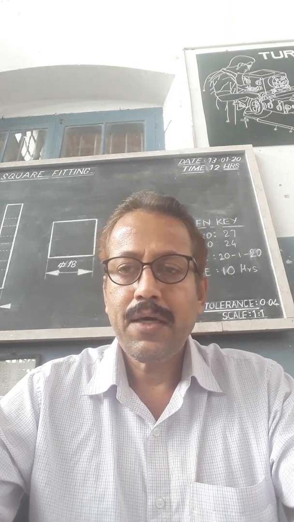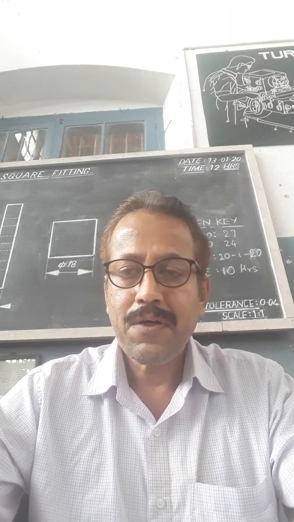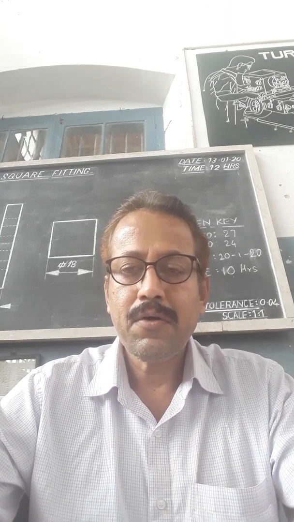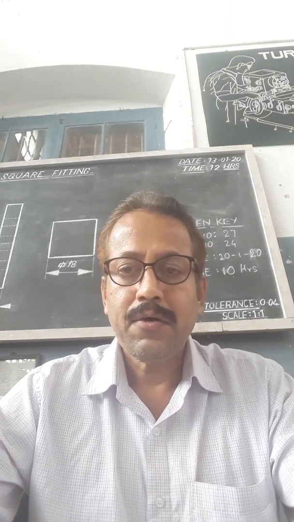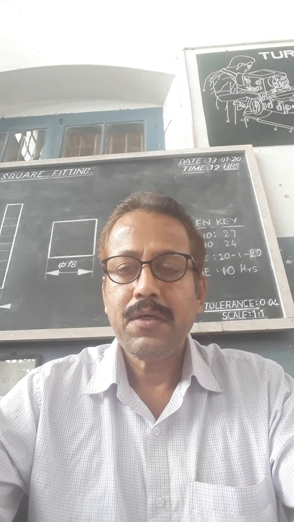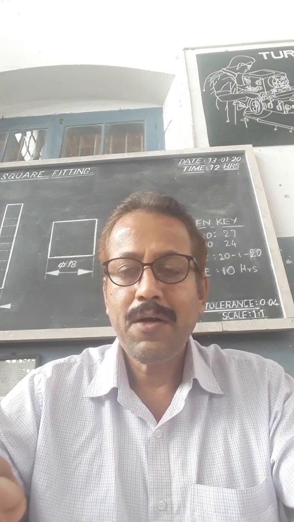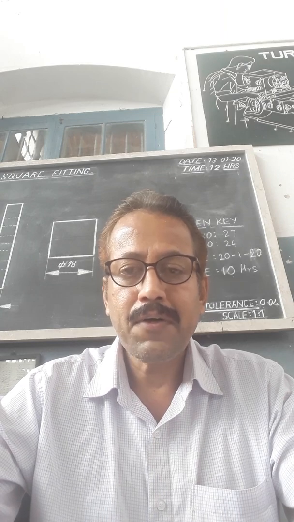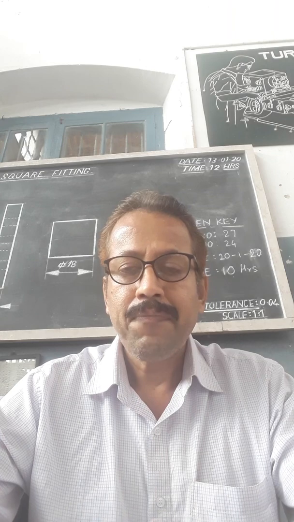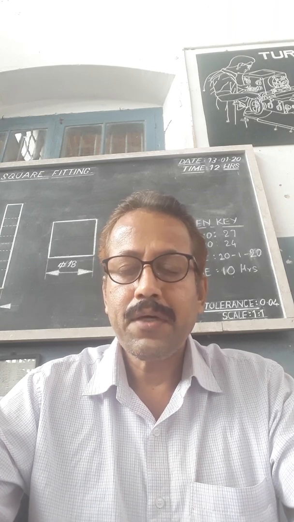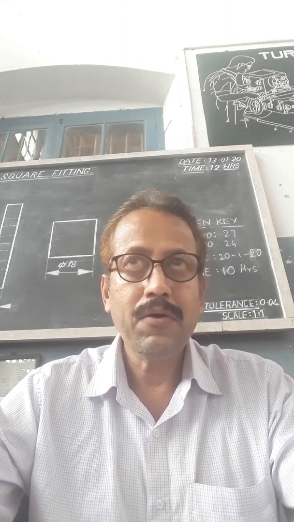So in the hollow saddle key, the full keyway is cut on the hub and the bottom surface of the key is made with a curvature equal to the radius of the shaft. Then the flat saddle key, the bottom surface is not made curved, instead the bottom surface of the key is made flat. And similarly on the shaft also a flat surface is made, and on this flat surface the key sits, but the full keyway is cut on the hub only. So this is a little bit stronger than the hollow saddle key.